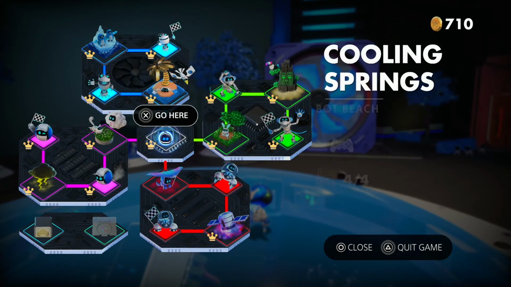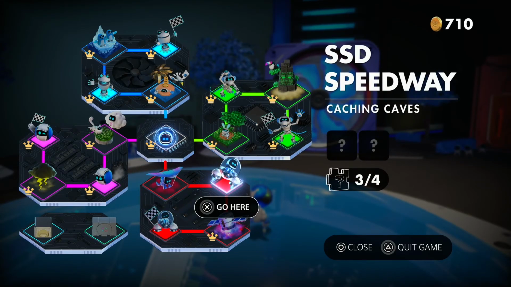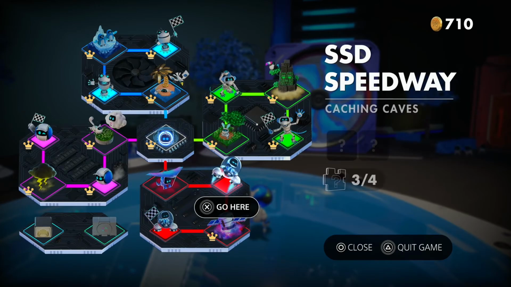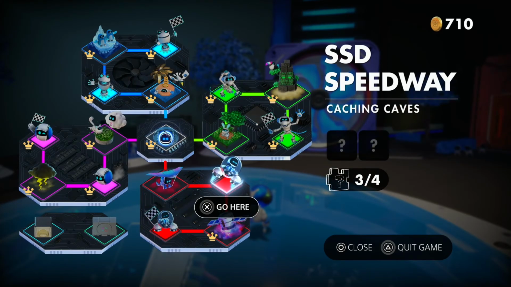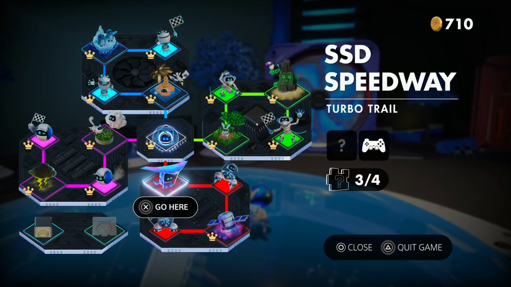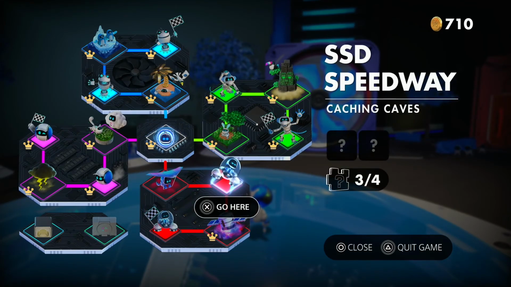We had already completed Cooling Springs, but now we are going into SSD Speedway and completing these because only this one has all the items, the rest have missing items, which is fun. Always one of which is a puzzle piece, which is annoying because it's really easy to see which artifacts I've missed out, but hey, let's do this. Also, I forgot that the two artifacts in this level were not found, so I need to quickly check, because I thought I would do so well by